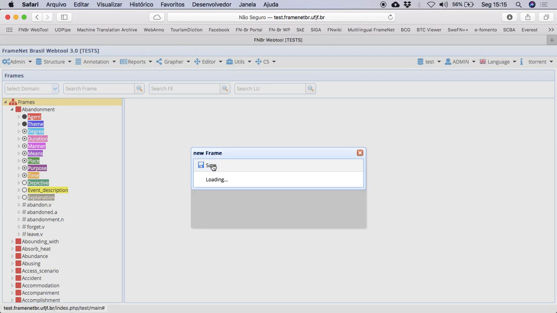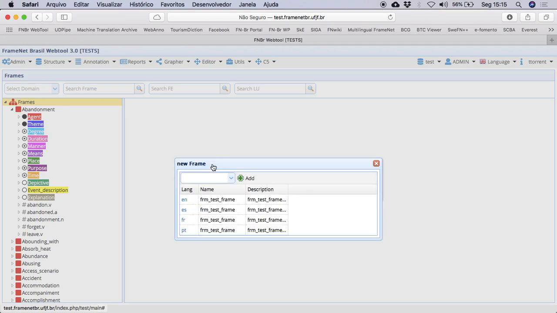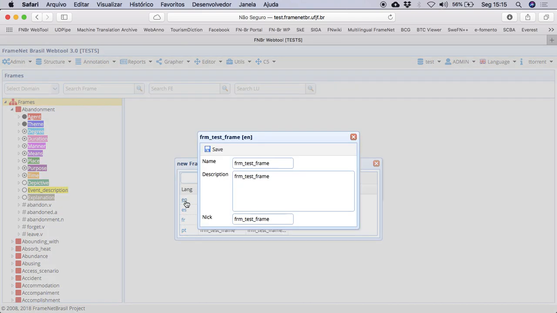After hitting save, it's going to create the new frame in the database and also give me the opportunity to edit the language-specific version of this frame, which is going to be displayed according to the language that I choose here. I'm going to edit just the English, and then I can name it test frame 01, and then I can add a description here which includes the name of the relevant